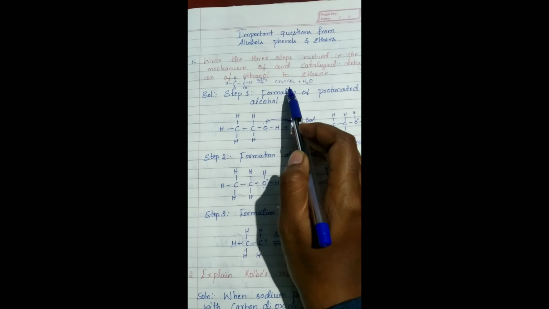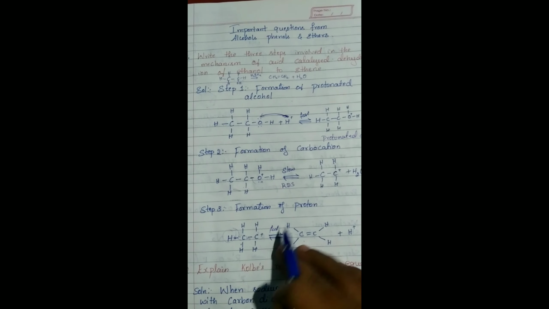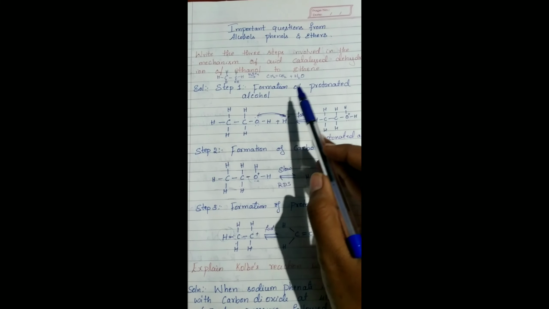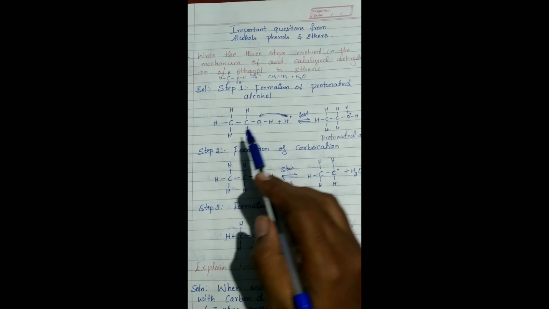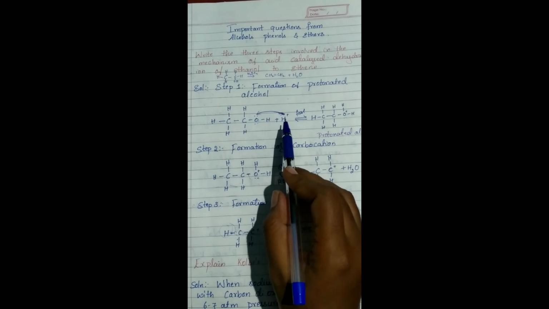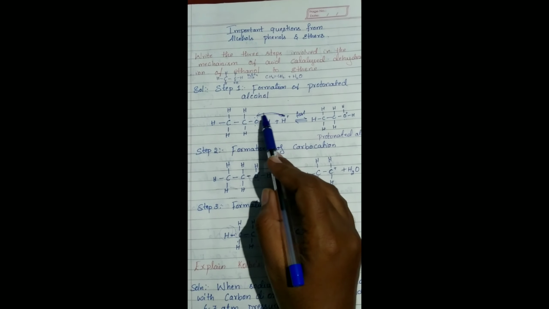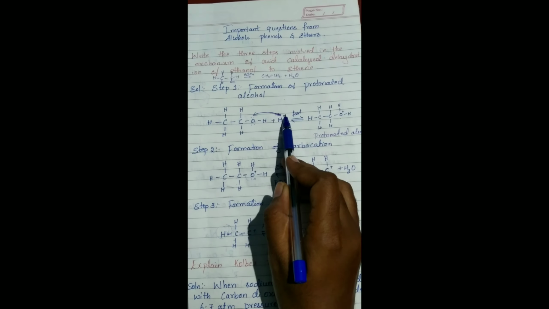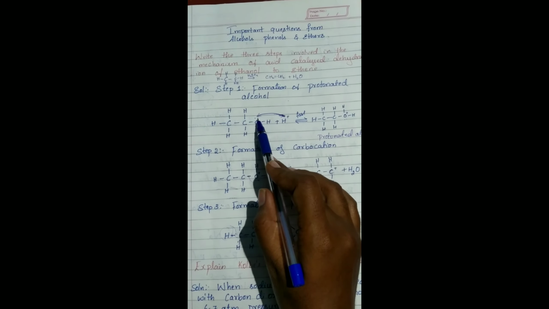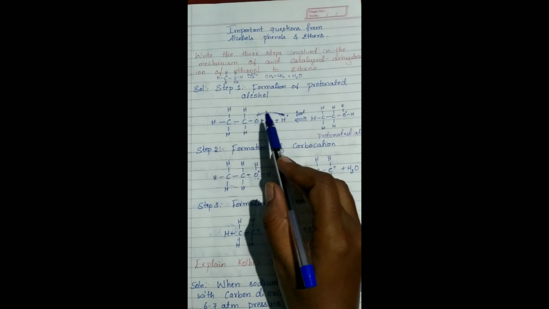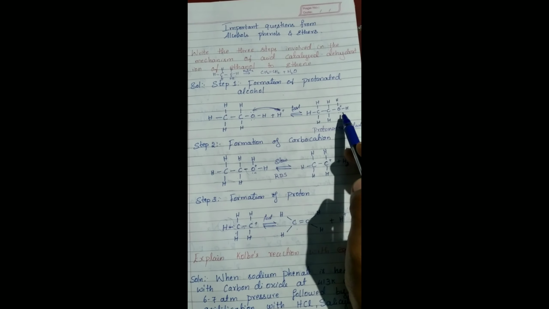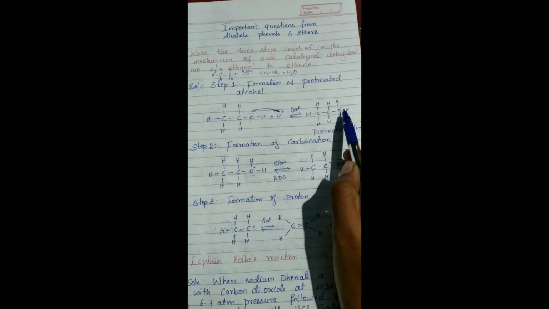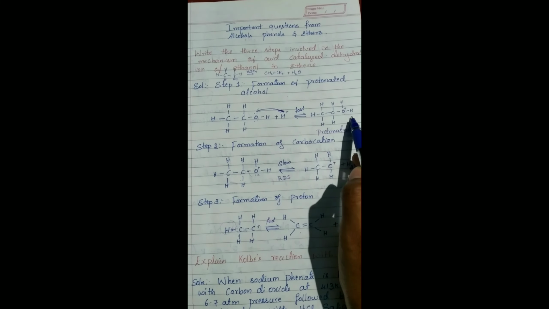This reaction involves three steps. The first step is protonation of alcohol. Here the alcohol is treated with acid, and the oxygen which has a lone pair will get protonated. This H+ ion gets attached to the oxygen which has the lone pair on it. After attacking the oxygen, a protonated alcohol will form.